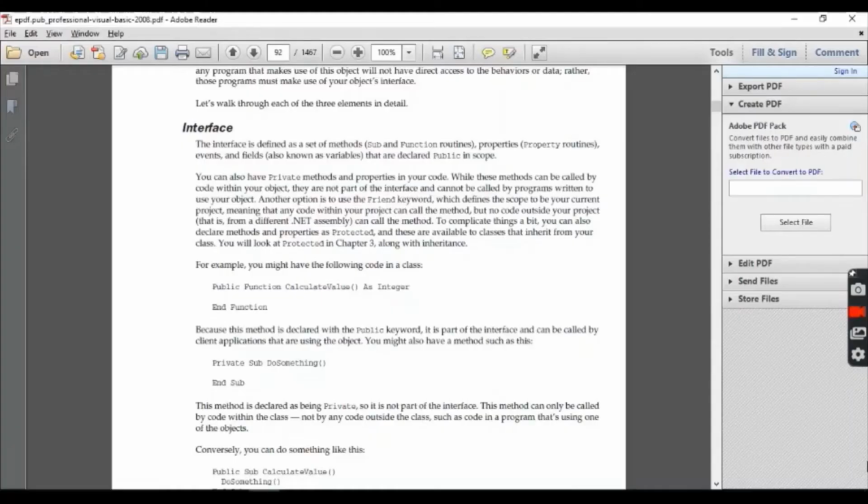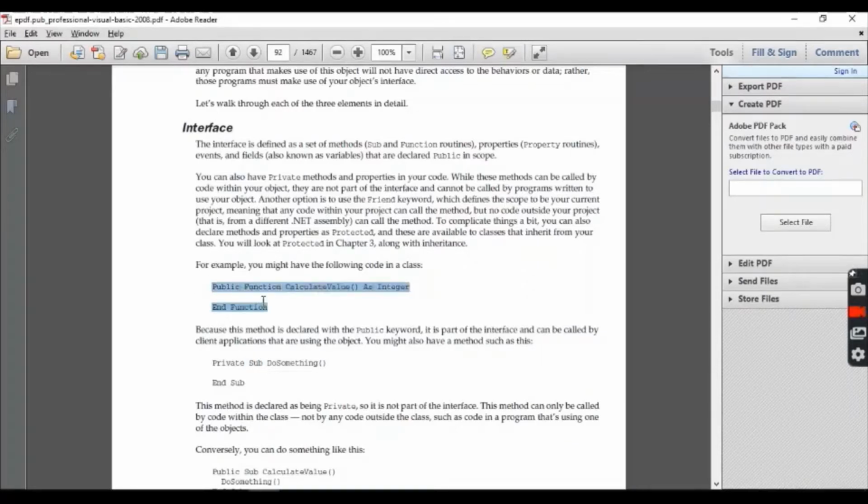Initially, I'm going to start with functions. Functions are basically small parts of a program that perform a specific functionality, and we separate them so that they can be reused by any other program or the same program again and again. There are two types of functions. One is known as a function, and the other one is known as a subroutine, and the short form is sub.